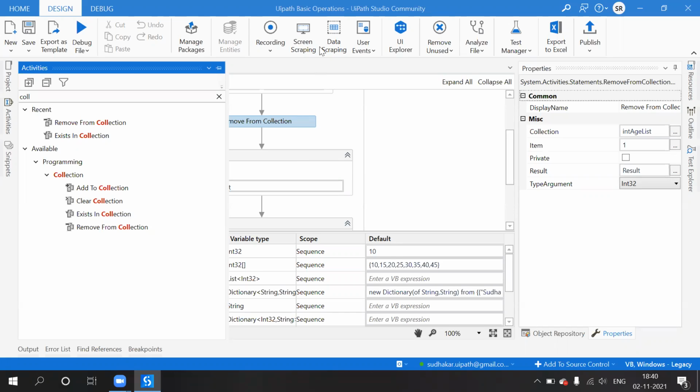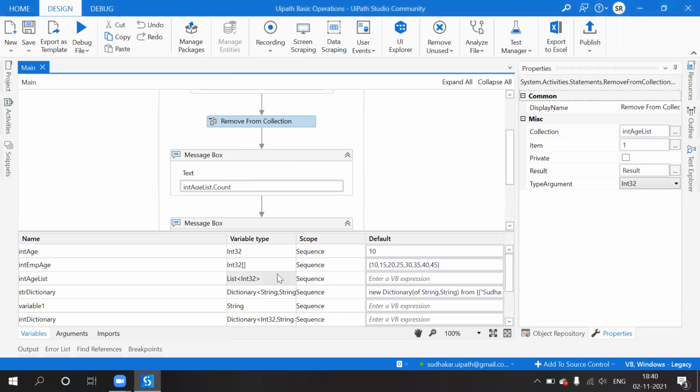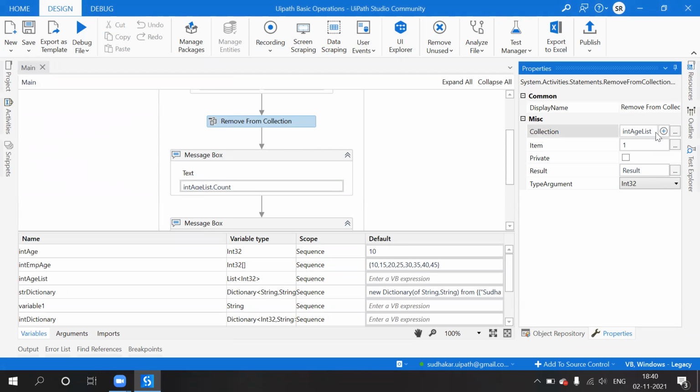So this is all about how to add to a collection. In the same way, I will check it for an array, to verify whether this works only for lists or for arrays as well.